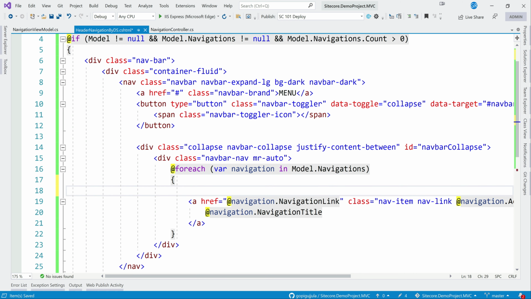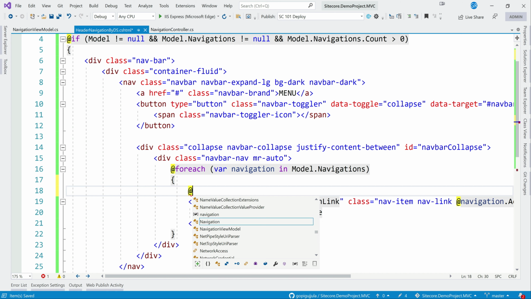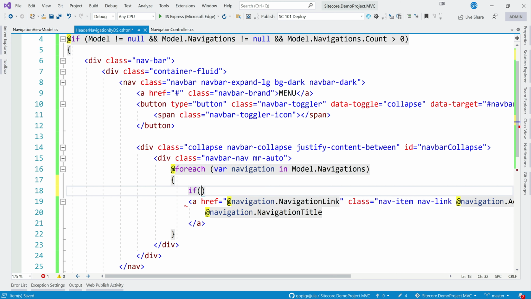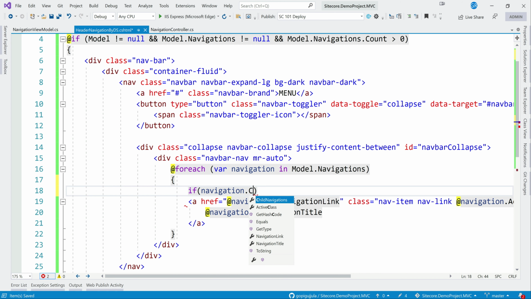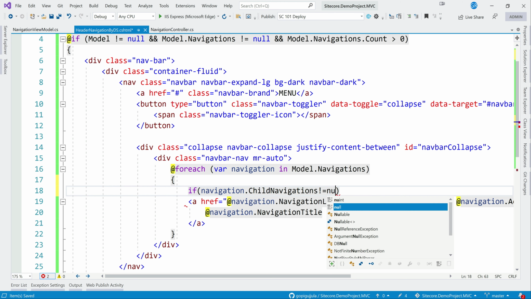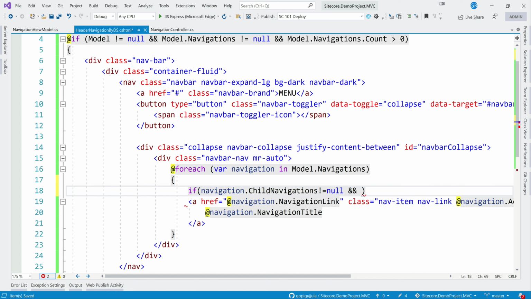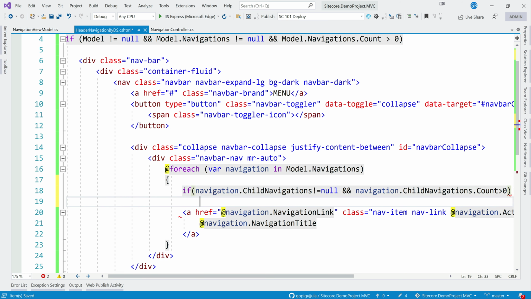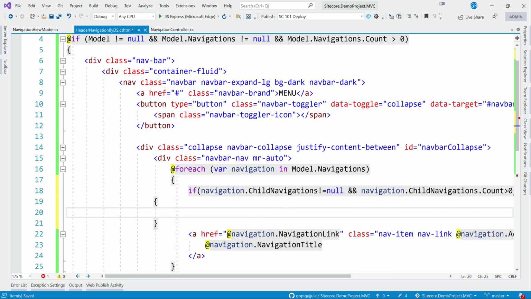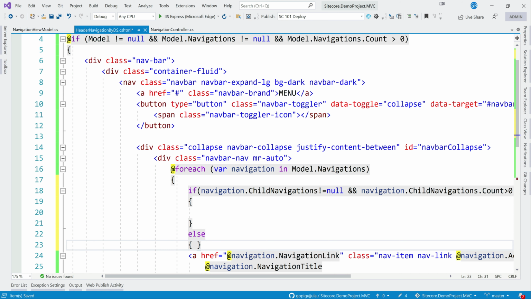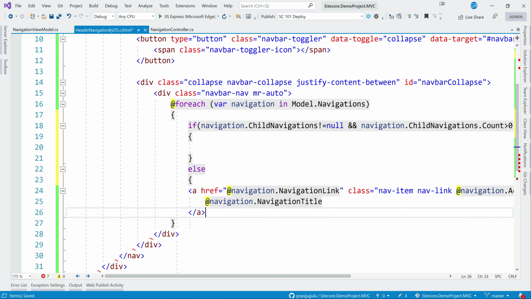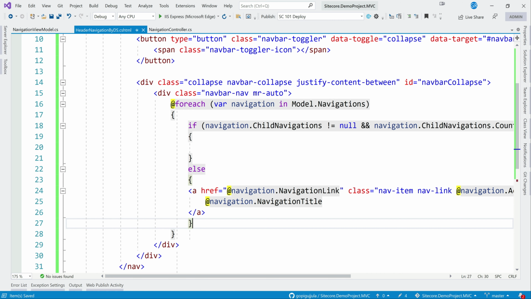So let me go, no need for this. If there are sub children, if there is a child navigation not equal to null and navigation count greater than 0, then we want to do something else, and if there is no child navigation, you can use the same process like we were using before.